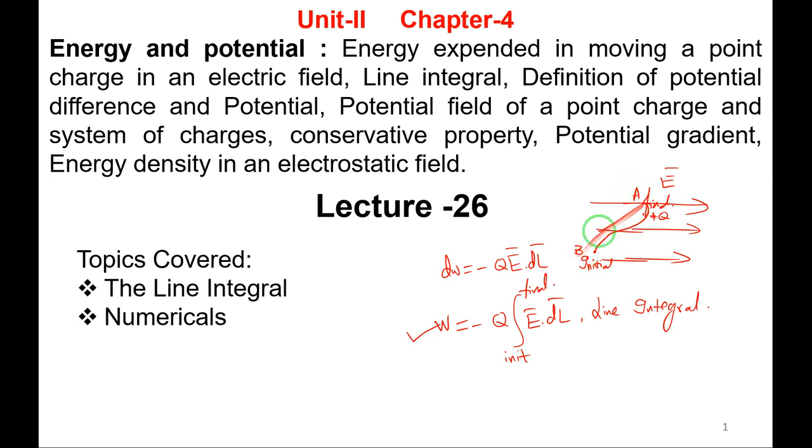Why have I not taken A to B? I have taken B to A because most of the textbooks call the initial position B and the final position A. That's all, there is no other reason. I can move the charge from initial position to final position, B to A, either along this curved path or this circular path, or another circular path or a straight line. There are several ways of moving it.